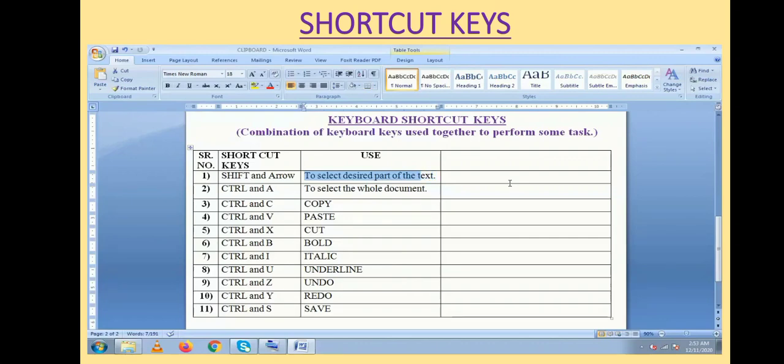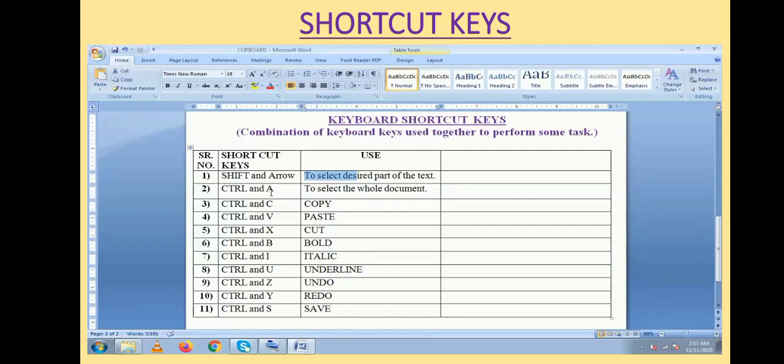The text will get selected. And if you press the left side arrow, then the text will get deselected. So in this way, by using Shift and arrow key together, you can select the desired part of the text.